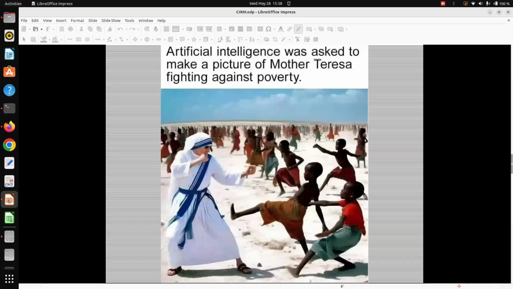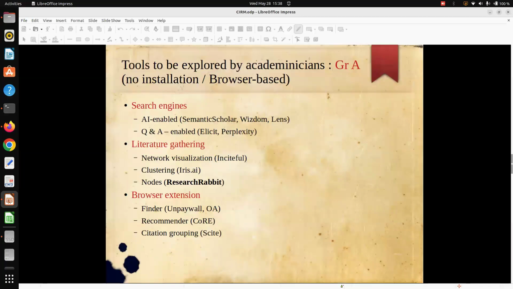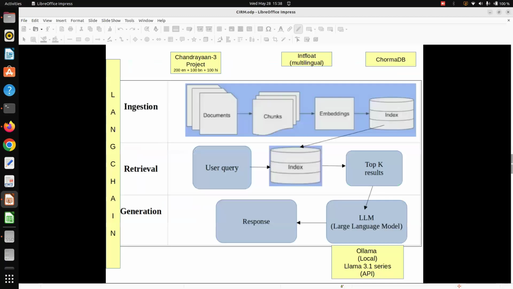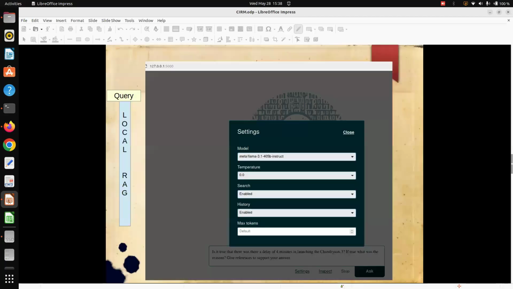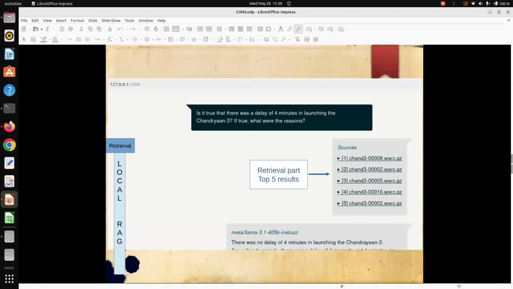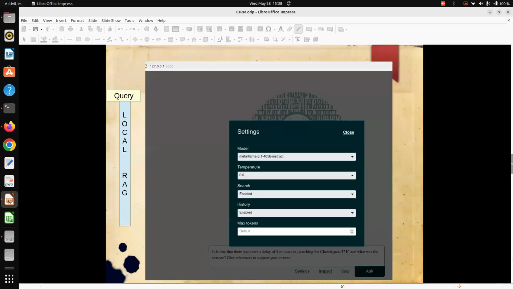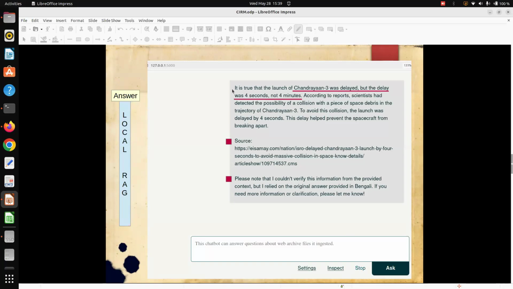I'm coming to this later on. For example, let me show you another checkpoint. I have given a particular question to a large language model, and you can try it by yourself: is it true that the launch of Chandrayaan 3 was delayed by 4 minutes?